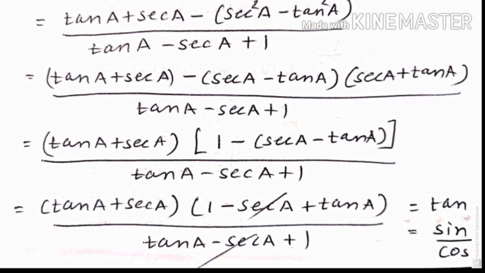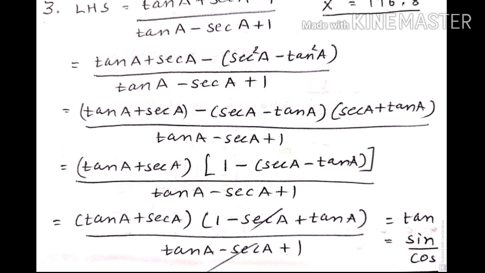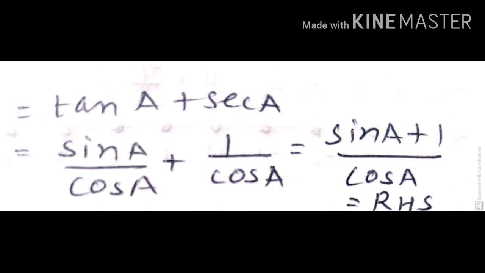Now after getting this we can convert our tan and sec in the form of sine and cos. So what is our tan? Tan is sine by cos and sec is 1 by cos. So now placing the value accordingly we reach to our right hand side, students. So here accordingly as I told you, place the value and we reach to sine a plus 1 upon cos a, which is our right hand side. So whenever this type of question comes, students, you have to observe the question and think how do we solve it, by which method do we solve it to get our answer.